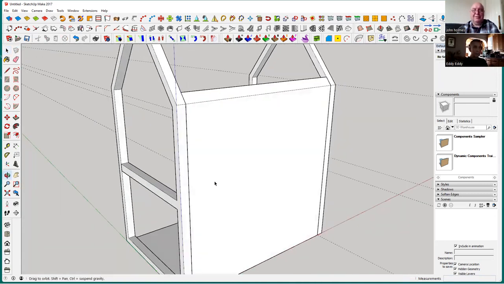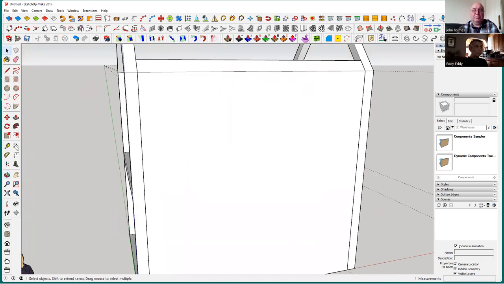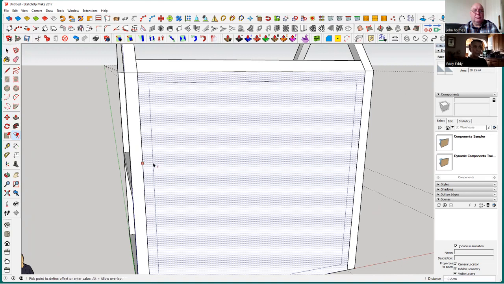Now on the square, because we're going for a 5mm frame, that's a 2.5. So if you press the space bar, it turns into the pick tool. So then we pick the front, use the offset tool, click on that edge, offset